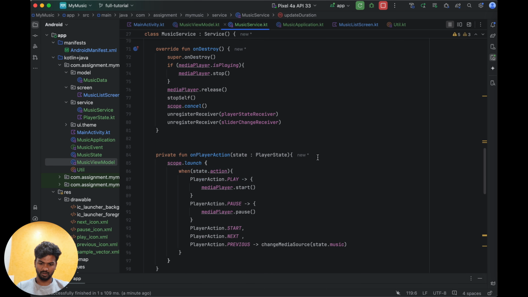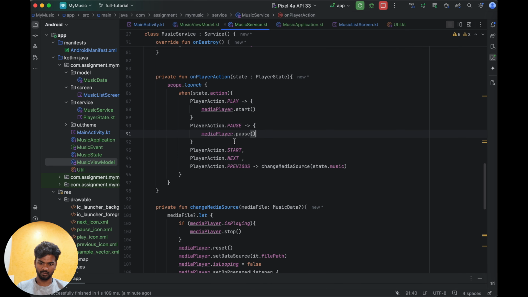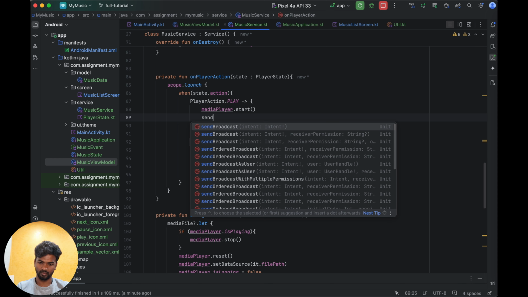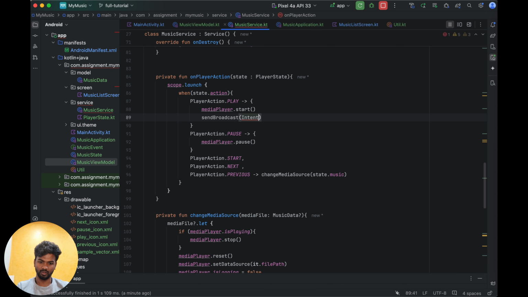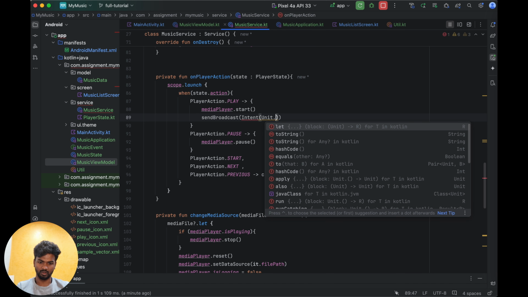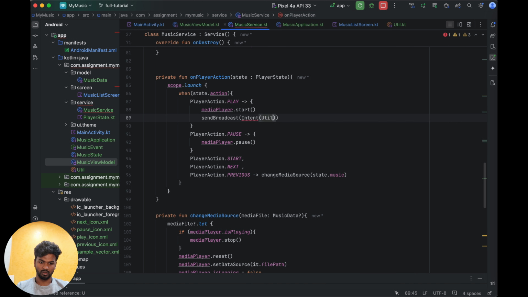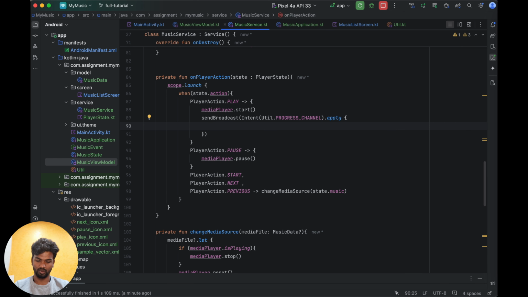In play pause, actually play pause, play action, pause action. Okay, play action. Okay, play and start. Here, send broadcast intent, util dot, util dot progress slider dot apply. Okay, apply put extra. First one, action comma play. Okay, action comma play, then